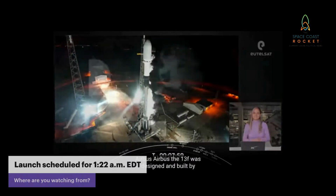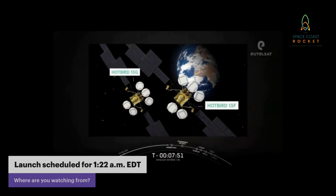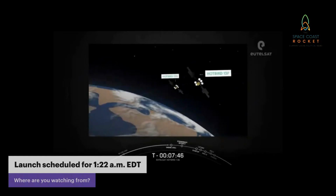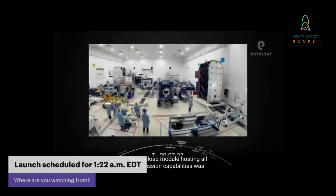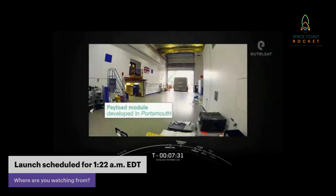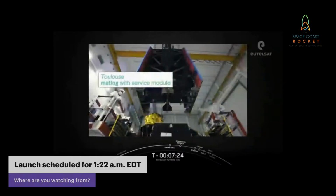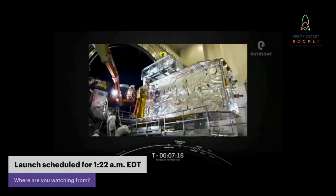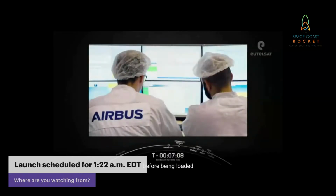Hotbird 13F was designed and built by Airbus. It has a twin, Hotbird 13G, also built by Airbus, and launched 1 month later. Twin satellites will replace 3 previous satellites in the fleet. The module, hosting all the mission capabilities, was developed in Portsmouth. It was then sent to Toulouse to be the service module. Spacecraft testing. Before being loaded into a container launched